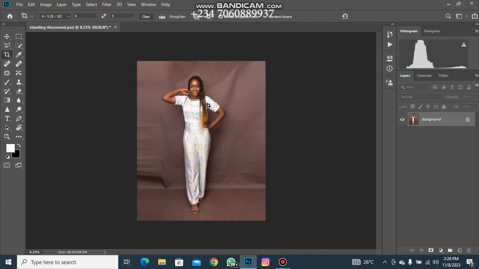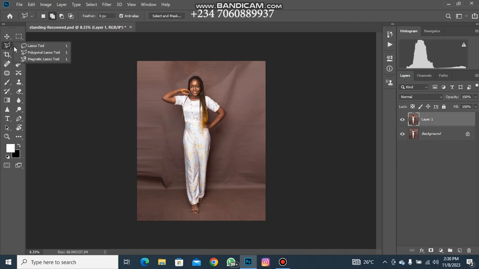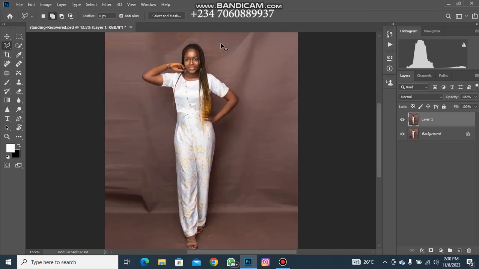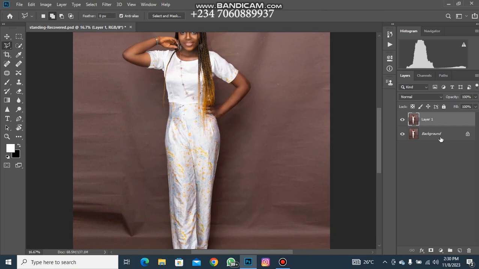The next thing I will want to do is to duplicate my layer using Ctrl J, or Command J if you're on a Mac system. You have to come to your polygonal lasso tool, so I'll be doing the selection here. Okay, quick selection tool rather. So you have to come to your quick selection tool